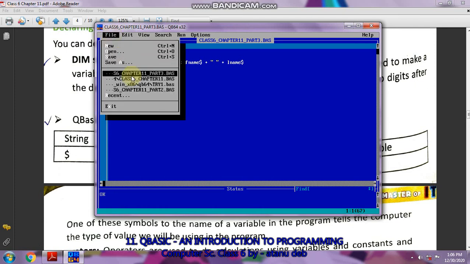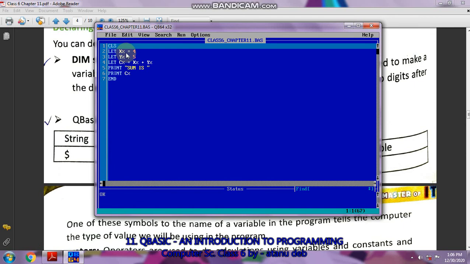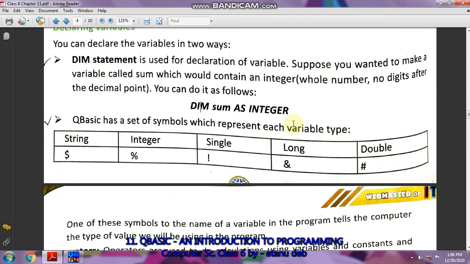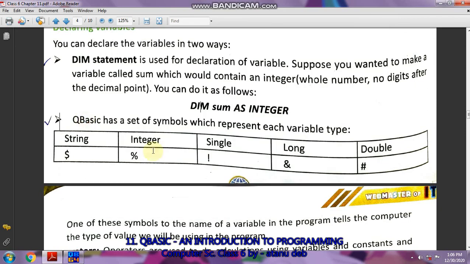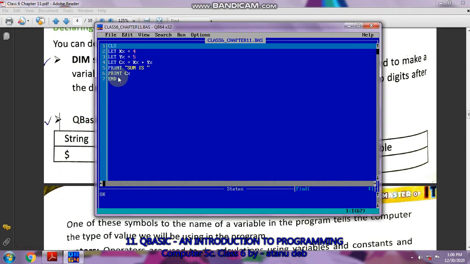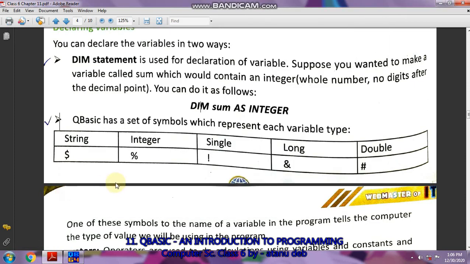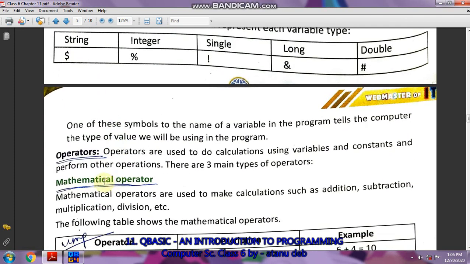Or I have another program here, x percentage. So instead of this dim statement, I'm using x percentage, this one is integer. So I'm not writing as integer, no need, in short, with the help of a symbol. Okay. So in the next section we'll do